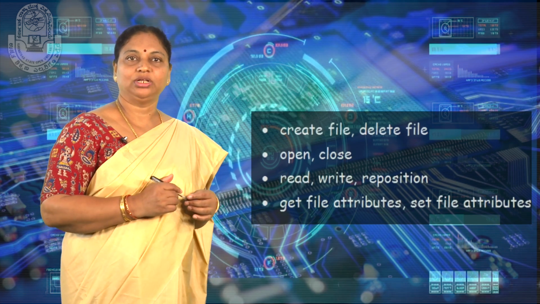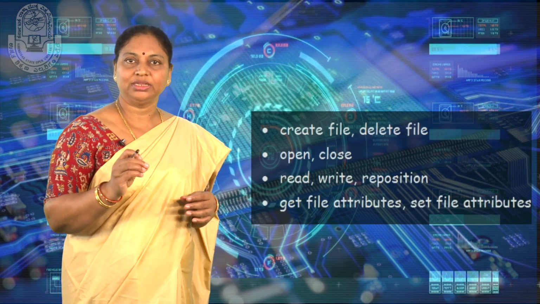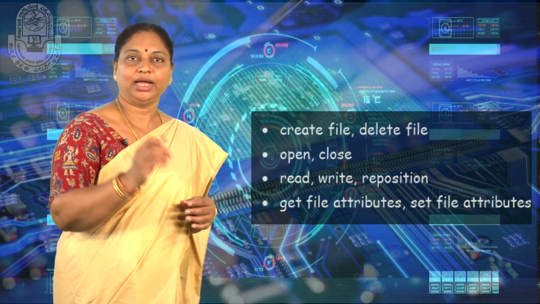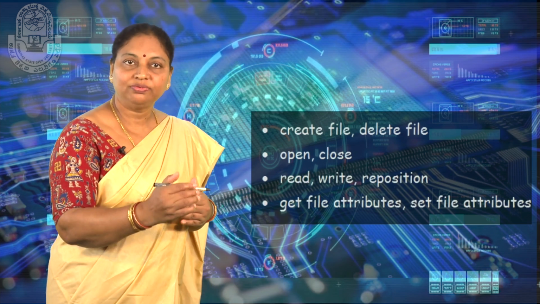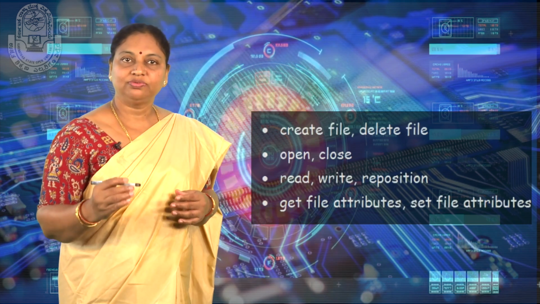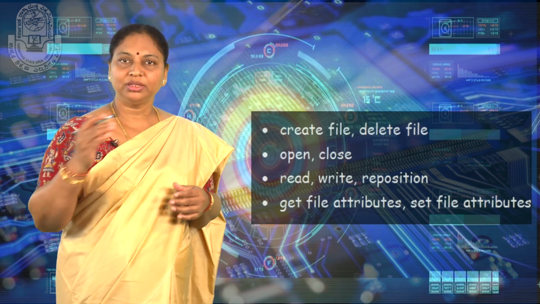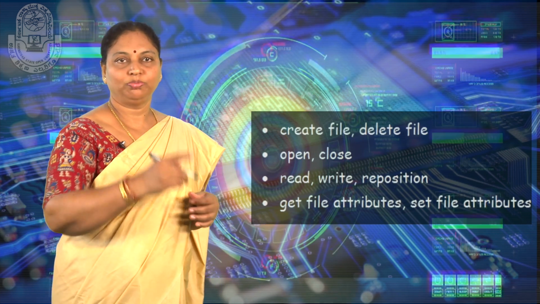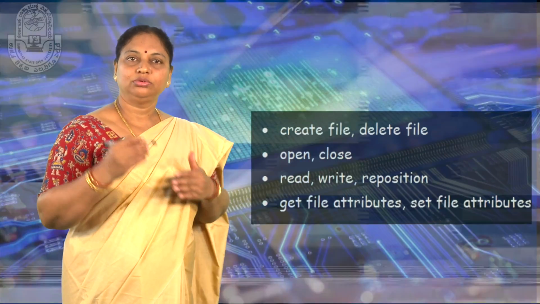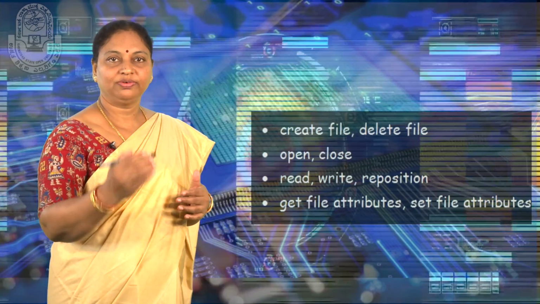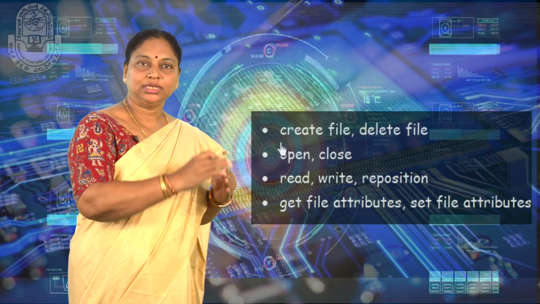These two system calls require the name of the file and along with that some of its attributes in order to identify which file to create, which file to delete. So once a file is created, we open the file. For that, the open file system call. Once the task is over, to close the file, the close file system call will be initiated when such files are